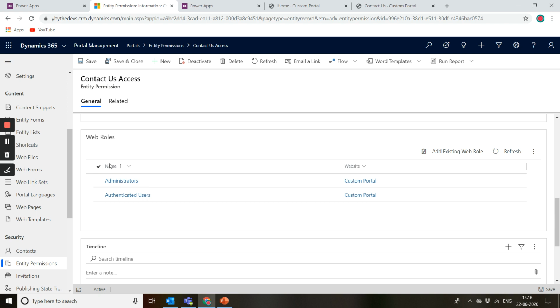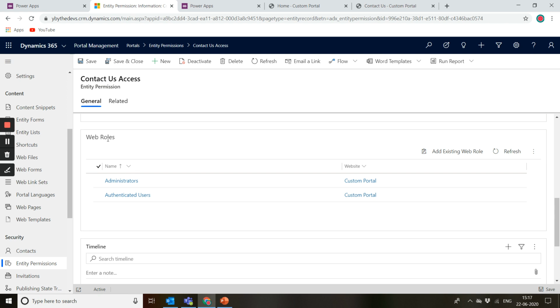One last thing about this is you can also assign web roles to these. Take web roles as an example of categorization where you're putting multiple users in a group. Let's say I have 10 users and I only want 5 of them to be able to access this entity permission. What I can do is create a restricted web role. Let's name it restricted web role. And when I go to that web role, I can associate those 5 contacts with that role.